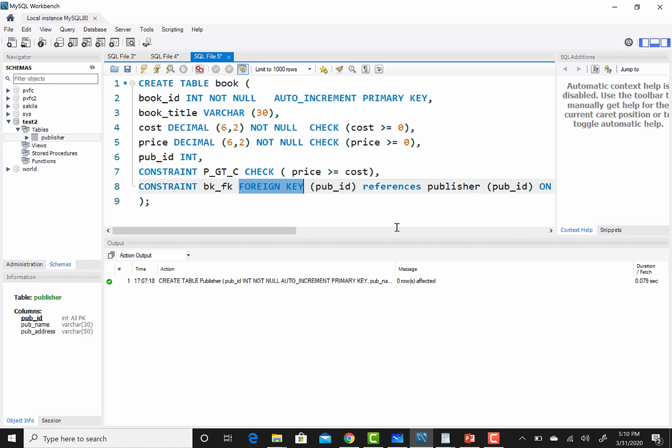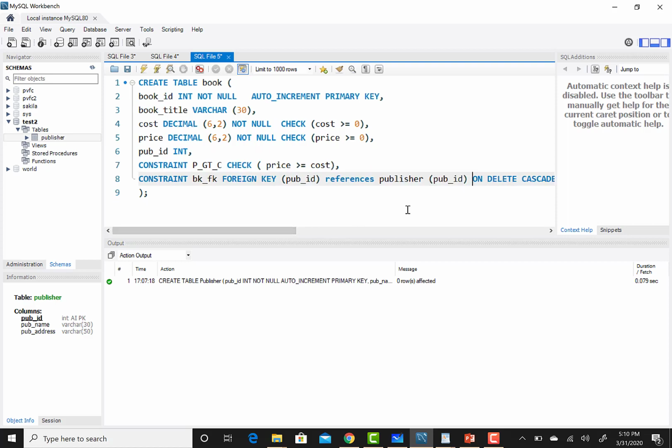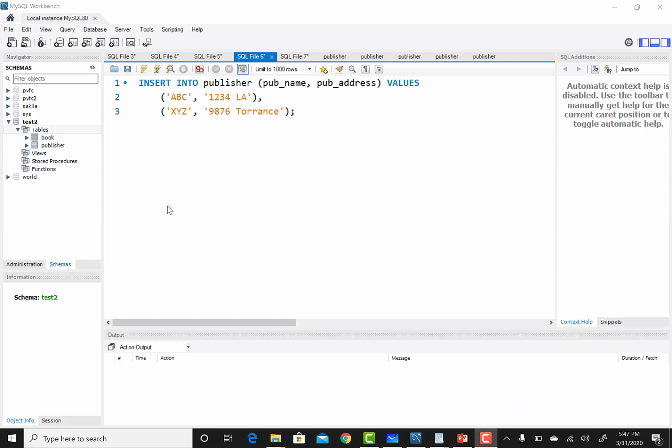Correct. On delete cascade here means that if I delete a publisher ID, it will automatically delete all books related to that publisher. Okay, I will continue by inserting data